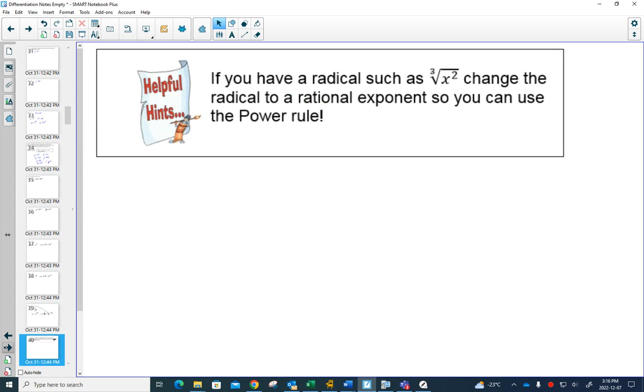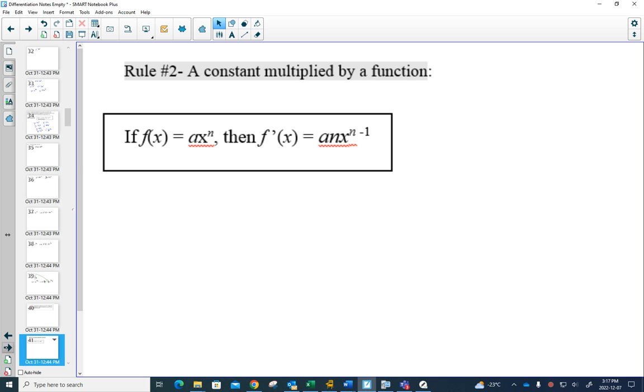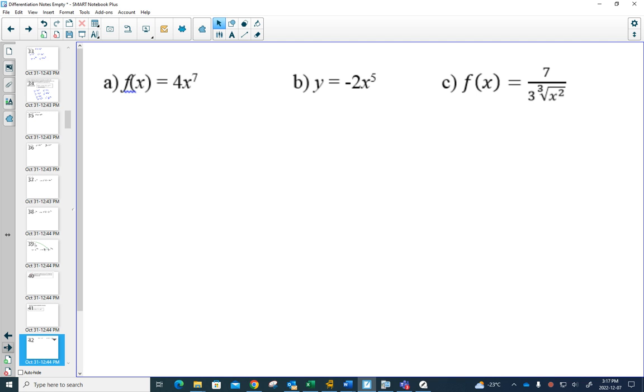So, here, we've done this already. You have to change things to exponents in order to use the power rule. And what's going to happen in calculus is we are going to keep adding rules for different situations we run into, so that we don't have to go back to the definition and try to solve it with the definition. And rule number 2 I already showed you. If you have that number in front, that number just stays in front. When the exponent comes out, it just multiplies by that number in front. So in our first example here,